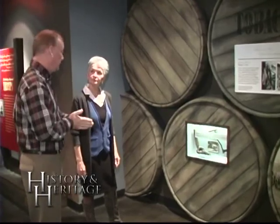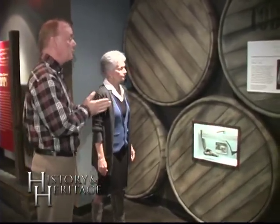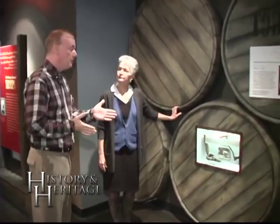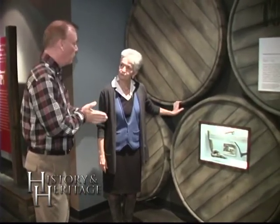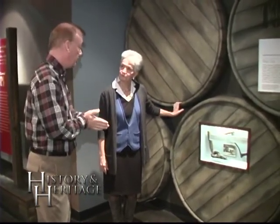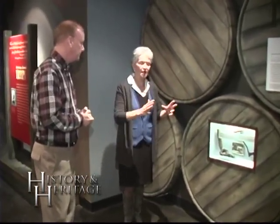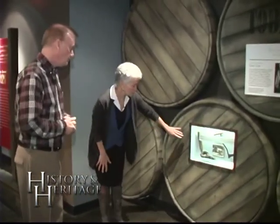Tobacco was king in Clarksville. That was their cash crop. Of course, they grew other foods, but that was to feed their family. This is what they made their money off of. A lot of people don't realize Clarksville was the number one tobacco export city in the entire United States. I think that we cover that sometimes, but it really brings it home when you say number one in the United States. And so in this display, we see different